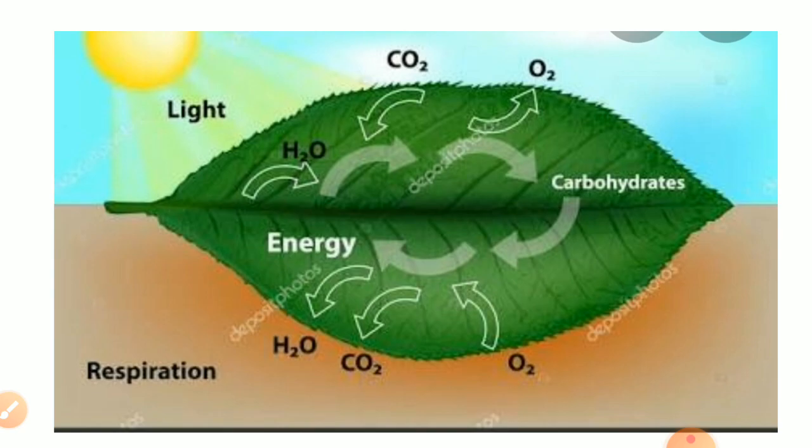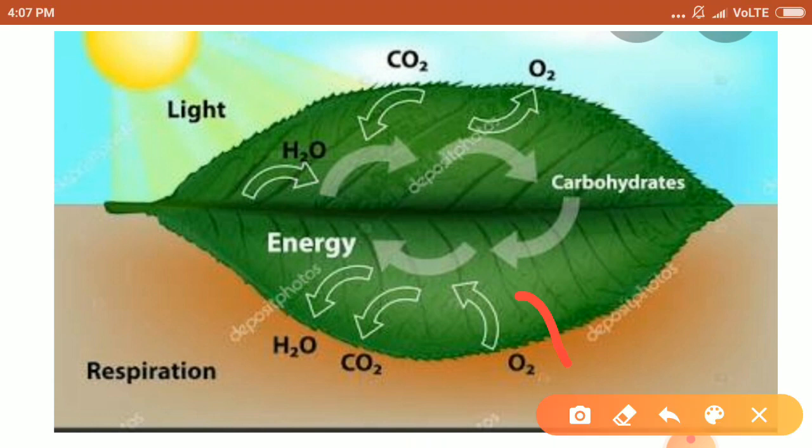You can see in this slide that oxygen is entering the leaf, and gaseous exchange occurs by stomata, and carbohydrate is already present in the leaf as it does the process of photosynthesis. They both react with each other and form carbon dioxide and water, which are released out in this process. Thus respiration occurs in plants. So in this process,